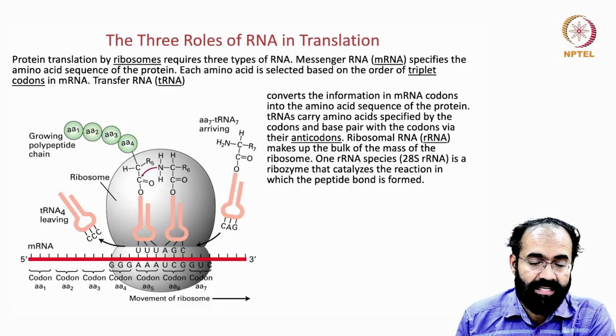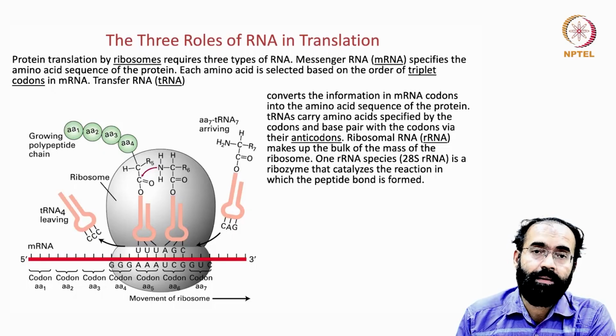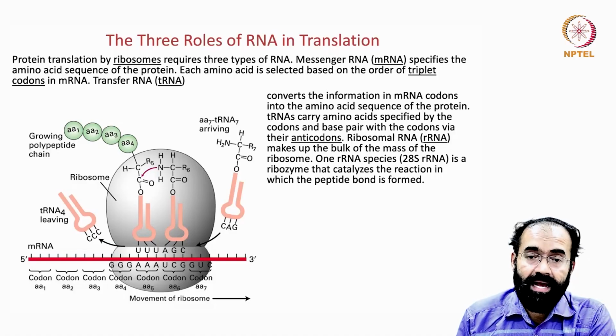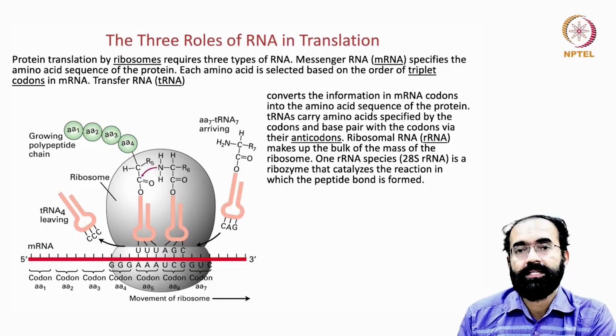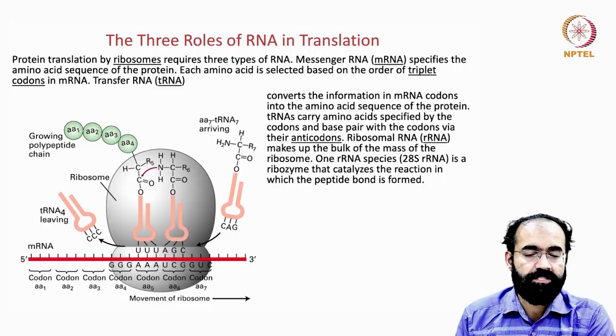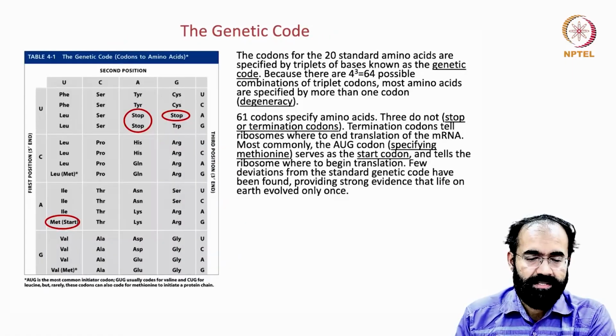So in this codon 1, initially the ribosome was here, and it had the first amino acid, then second, then third, then fourth. So corresponding to the fifth one, this tRNA has brought in the fifth amino acid, and at the fifth codon you have this tRNA, and the sixth one and seventh one are arriving. So this will continue until the total number of codons are completed. So that is the basic principle of protein translation.